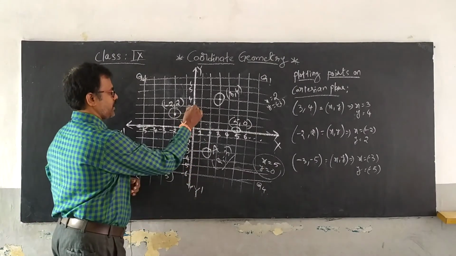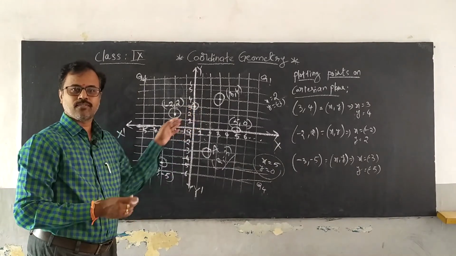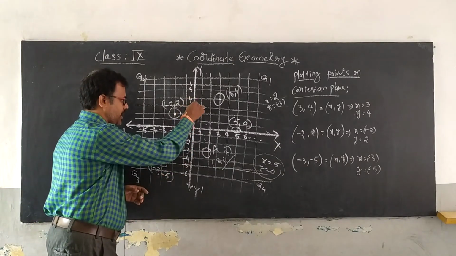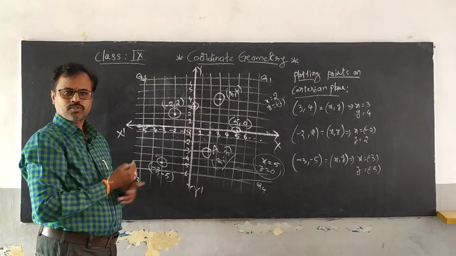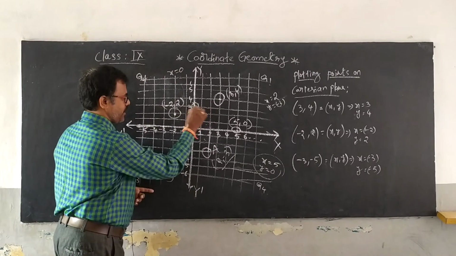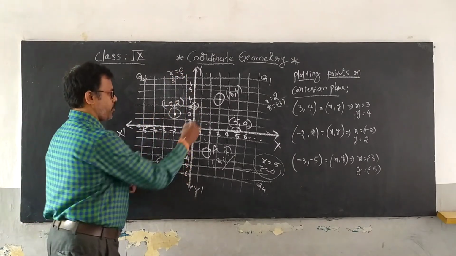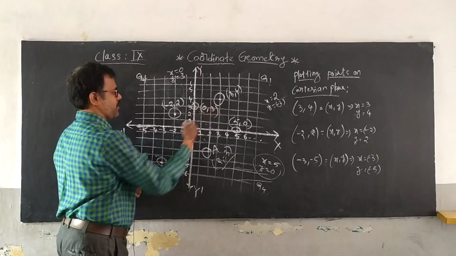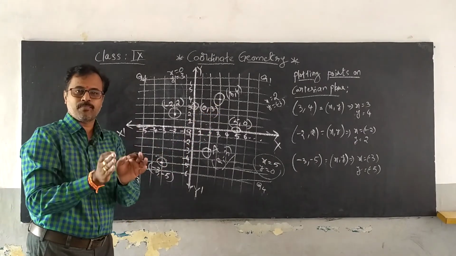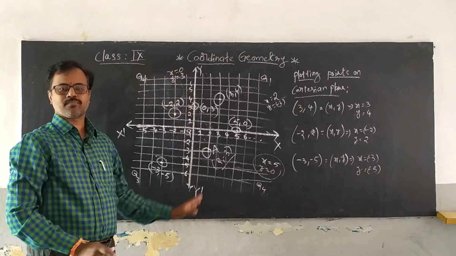Similarly, if you go to the y-axis, what is this point? At this point, first of all, you have to tell the vertical line. Come on, the vertical line is 0. So your x value is equal to 0. And what about your y value? Y is equal to 3. Yeah, very good. The point is 0 comma 3. So for every point on the y-axis, the x becomes 0.